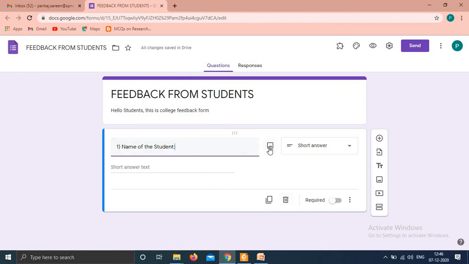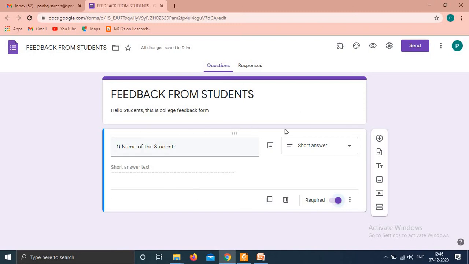If you want to insert an image, you can insert from here. And if you want this field to be required, meaning this field is a must for each student, you need to set it to required. So this one piece of information has been created in your feedback form.